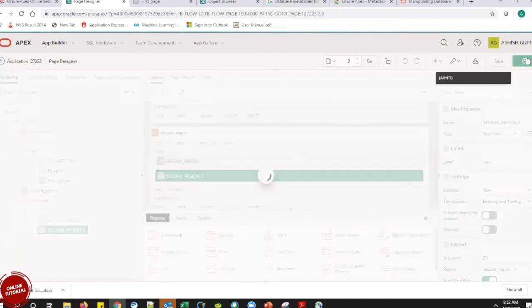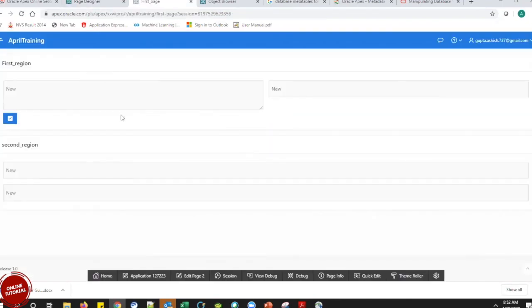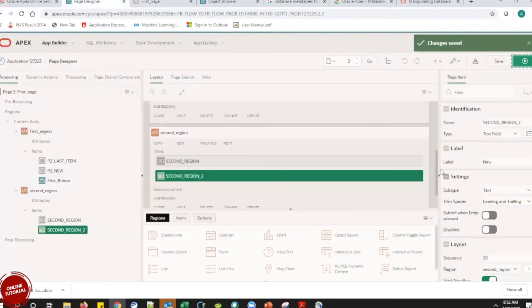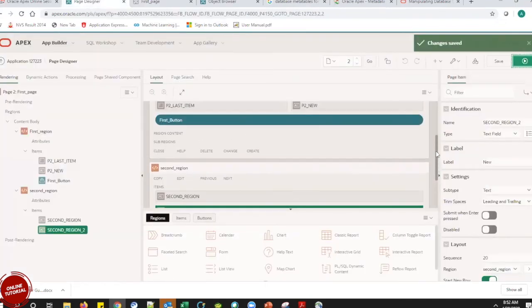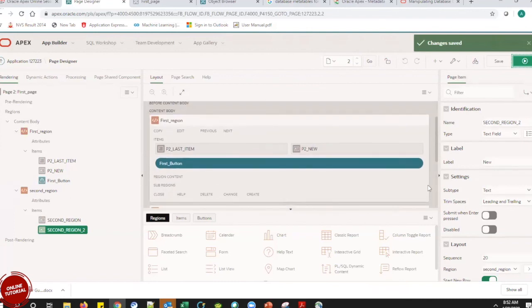Now, the regions are one after the other. This is my first region and this is my second region. But now I want my second region to be parallel to the first region. So I will take my second region and adjust it next to my first region.